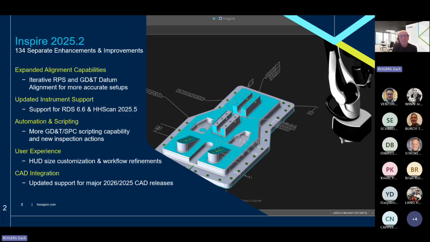25.2, about 134 separate things when we went through the list as far as what we changed. A lot of little changes, a couple of big changes. All in all, a nice little update package. Rather than go through every single one of those 134 or so, we'll just focus on the main categories today. So we've improved